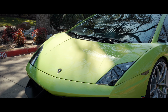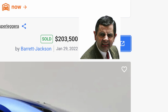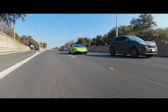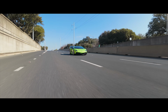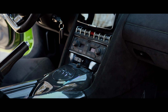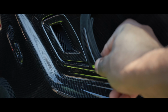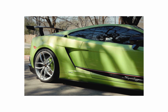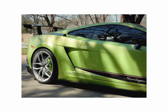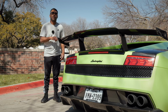Well-kept examples of the Gallardo Superleggera can easily set you back over $200,000. And if you're lucky enough to find a manual Superleggera, specifically in the second generation Gallardo, I've seen some sell for over $300,000. So this leads me to say that although this car is super cool, the reality is that there are plenty of other used exotic supercars you could spend this kind of money on. But for us common folks, just know that this Superleggera sits on the higher end of the spectrum as an ultra rare supercar. Now it's time for the rapid fire round, and that includes my favorite feature, something I'd change,